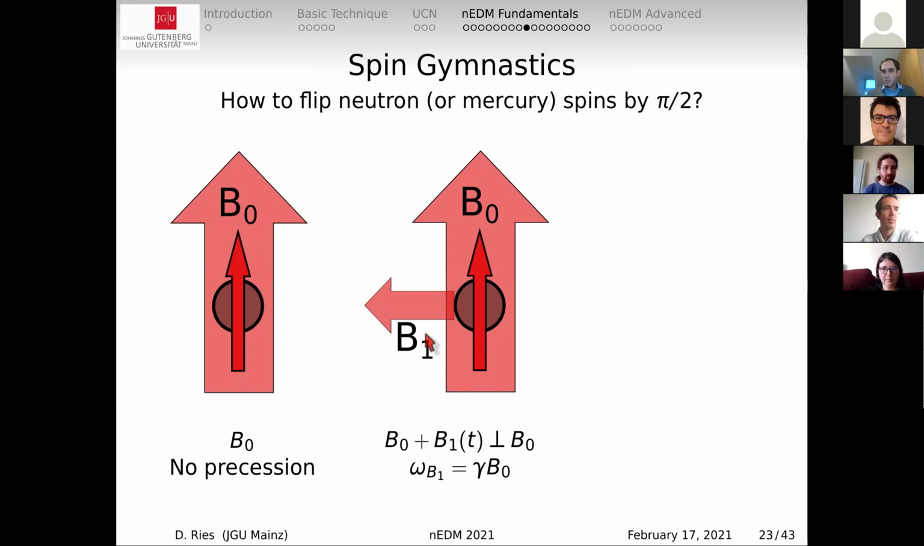And as soon as we start doing this, you can already see that now the neutron sees a combined field of these two. So it will not be fully aligned with the magnetic field anymore, and it will start to precess. Now, if we choose the B1 frequency, so the frequency with which this field rotates, to be precisely the precession frequency of the neutron in the holding field, in the B0 field,